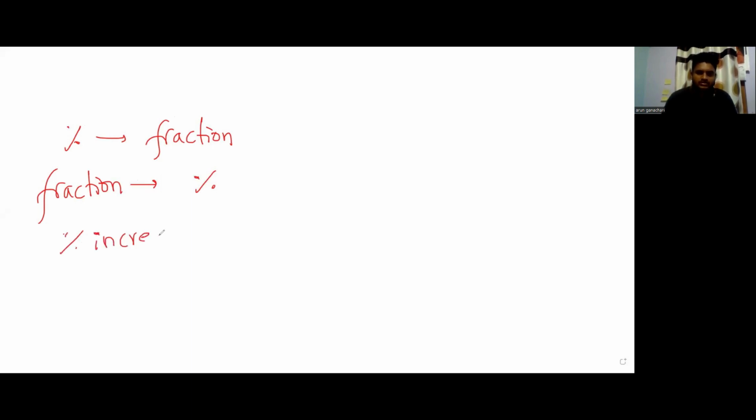Okay, so what all have we studied in the last class? In the last class, we studied how to convert from percentage to fraction. Then we studied how to convert from fraction to percentage. Then we studied percentage increase or decrease. Then we studied if one person is 1% taller, then how short is the other from the taller person, all those things. Then finally, I think we studied the concept of